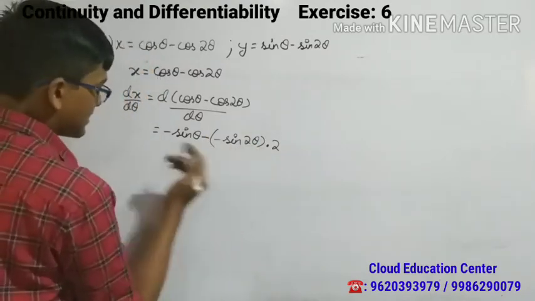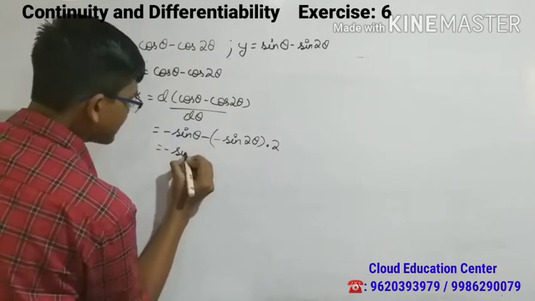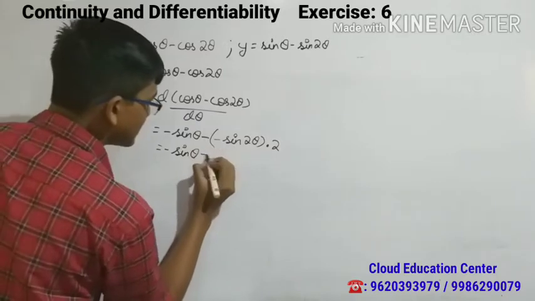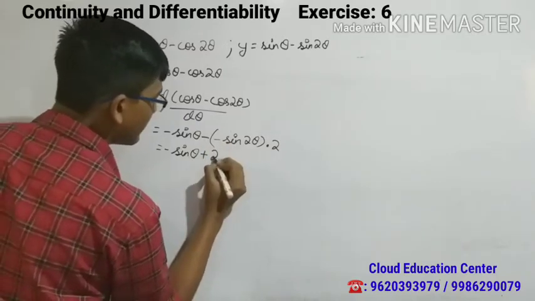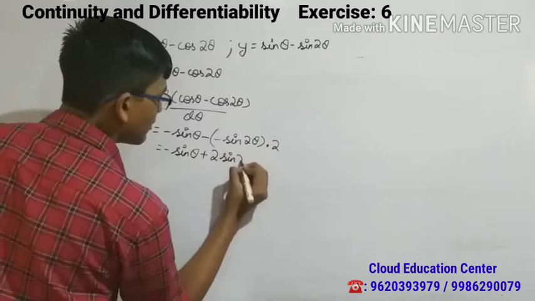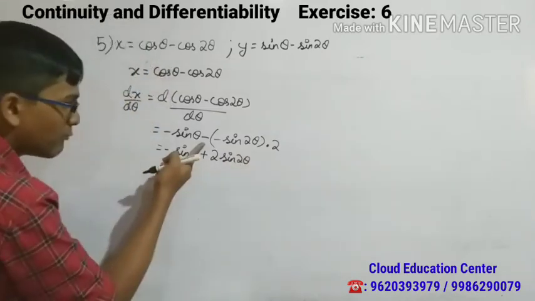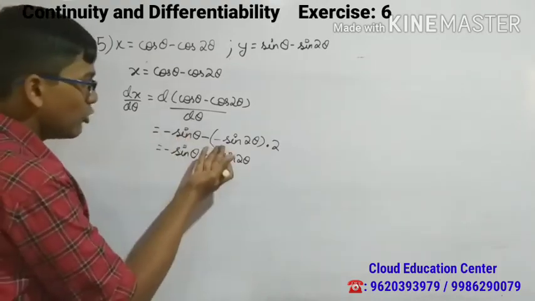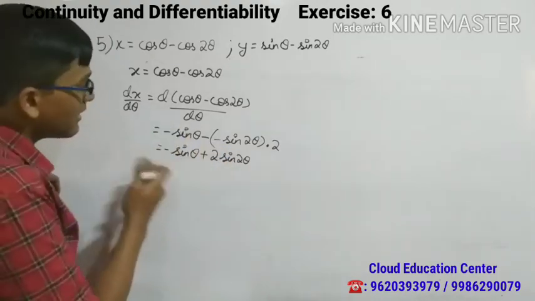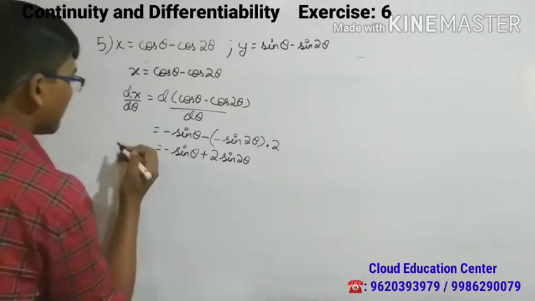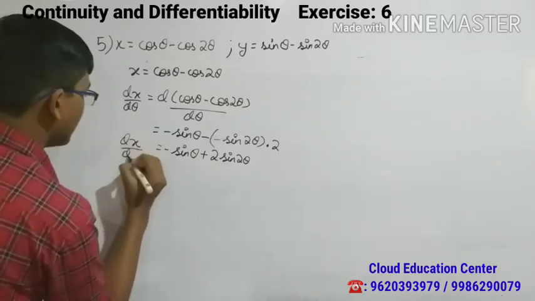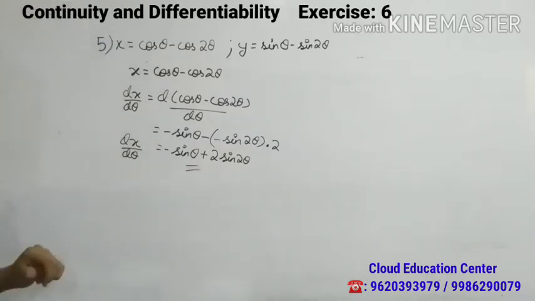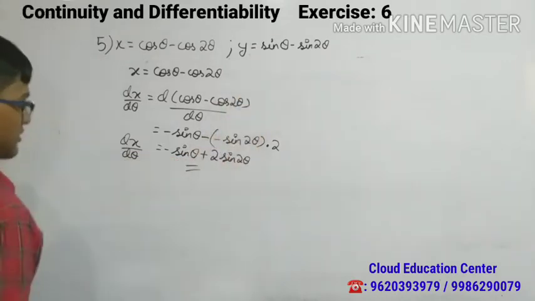So now let's rearrange this. Minus sin theta, so minus of minus, so minus into minus is plus. Let's write 2 in the first, 2 sin 2 theta. Notice that I have put this bracket in here. It's very important. Sometimes without putting the bracket you might put only one minus sign, then the entire equation becomes wrong. So the equation we have obtained is dx by d theta is equal to minus sin theta plus 2 sin 2 theta. Okay, so now let's take this equation.